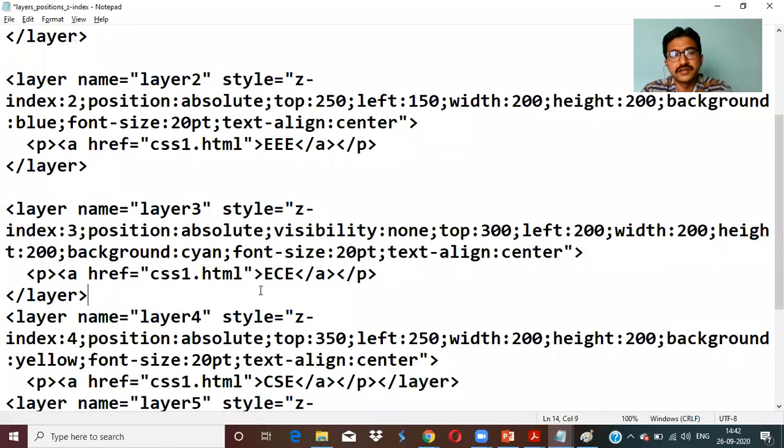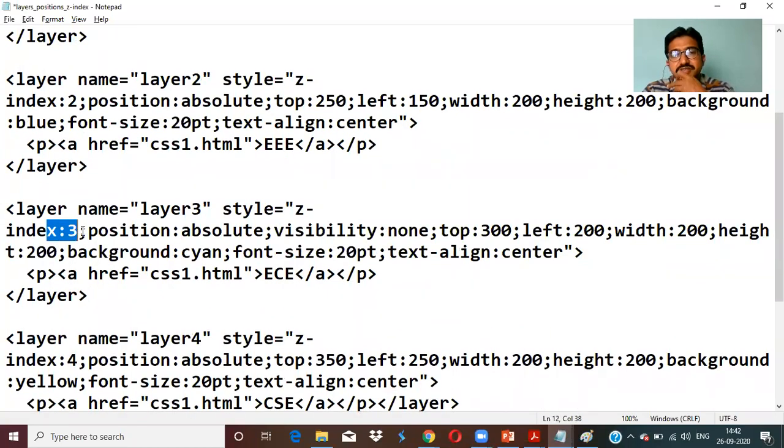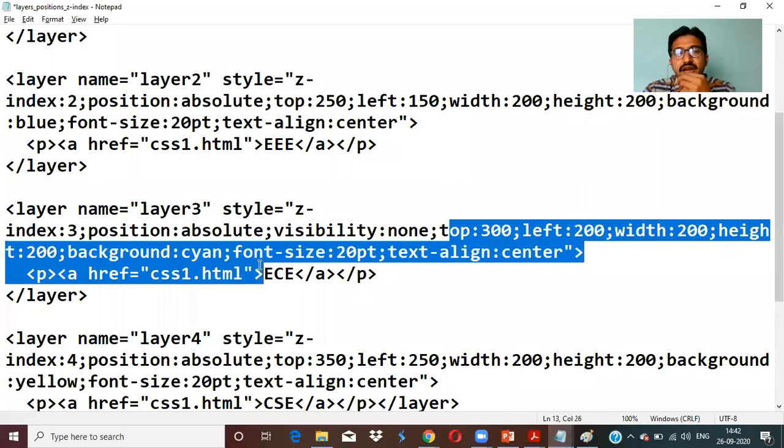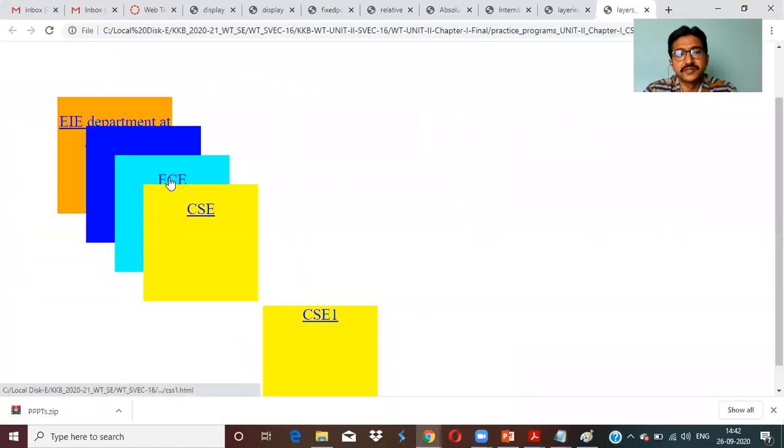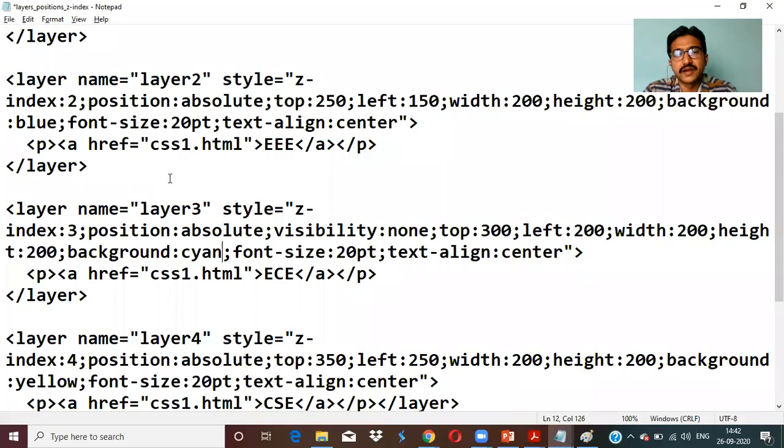Layer 3, Z index value is 3, position absolute, and visibility, we'll talk about that visibility example. Top 300, left 200, width 200, height 200. This is what we can normally give. But where is that EC? Here it will be. Right.